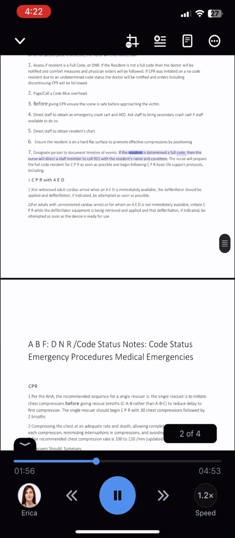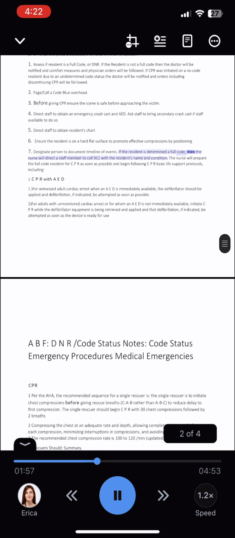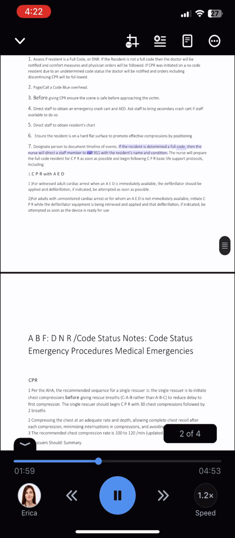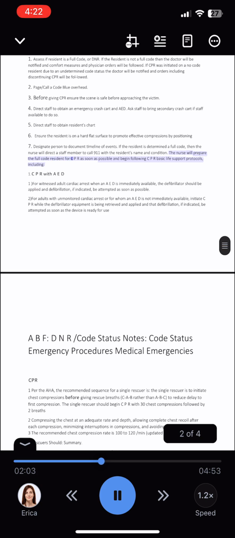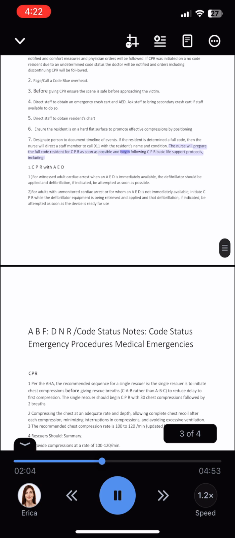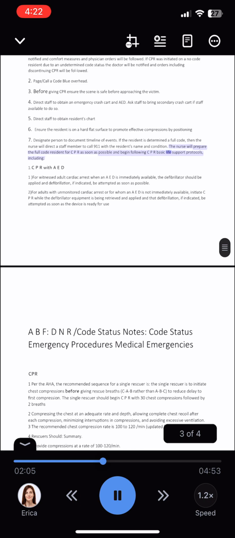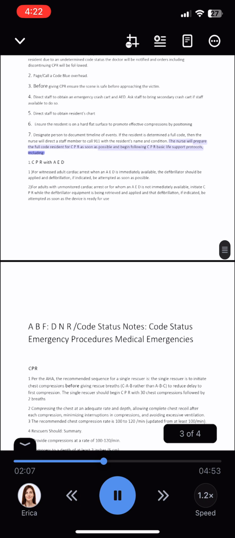If the resident is determined a full code, then the nurse will direct a staff member to call 911 with the resident's name and condition. The nurse will prepare the full code resident for CPR as soon as possible and begin following CPR basic life support protocols, including: